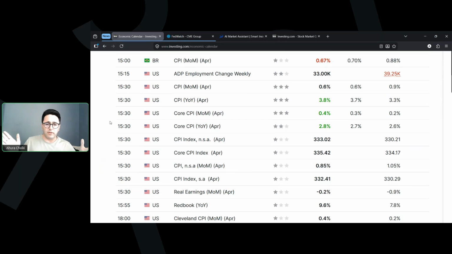And the main inflation driver is oil price, and there is no doubt about that. The inflation for oil is more than 24%, and that's why you can see the core inflation at 2.8%, not like the headline inflation at 3.8%. The core inflation means excluding energy and food prices.